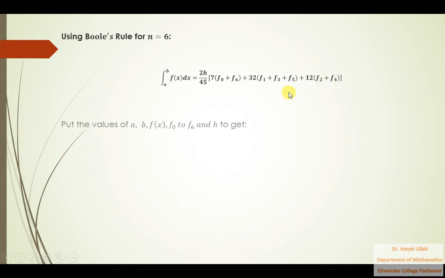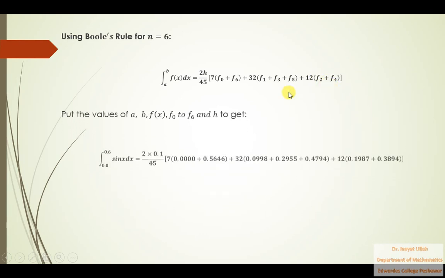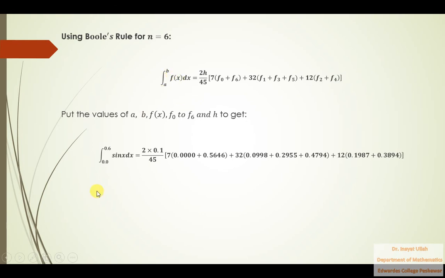Now replacing all those values in this formula, replacing a, b, f of x here, replacing h by 0.1 and replacing all those fi's right here to get this answer, and then calculate this sum to get this answer and multiply it with 0.2 by 45 to get this answer, which is the answer of this definite integral with the help of Boole's rule. And the last one is